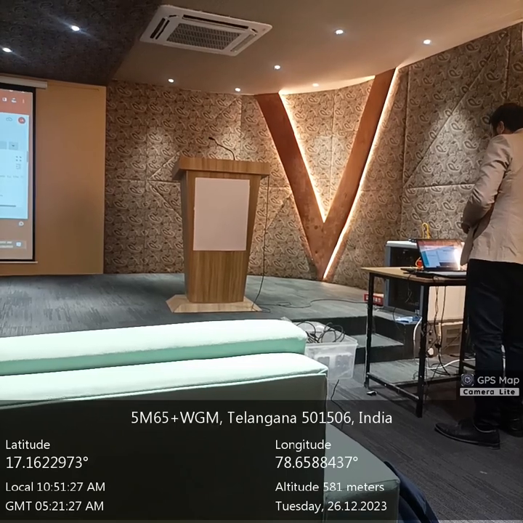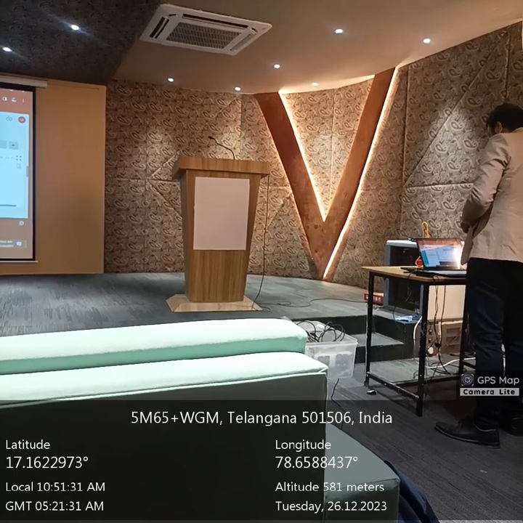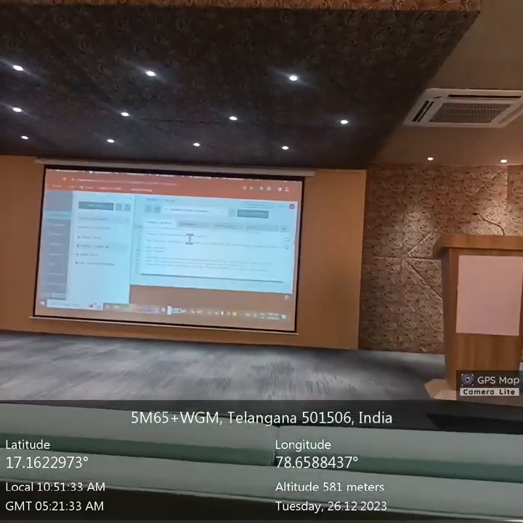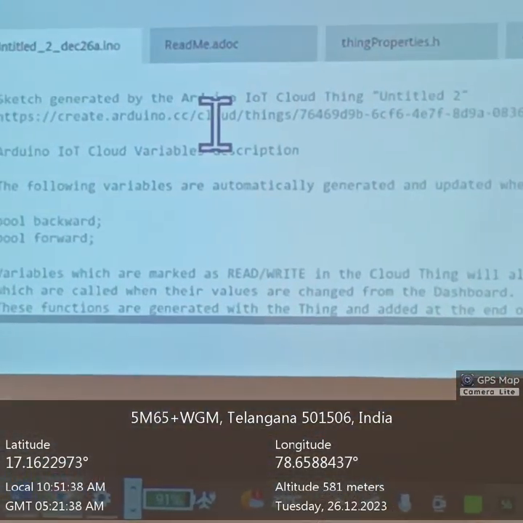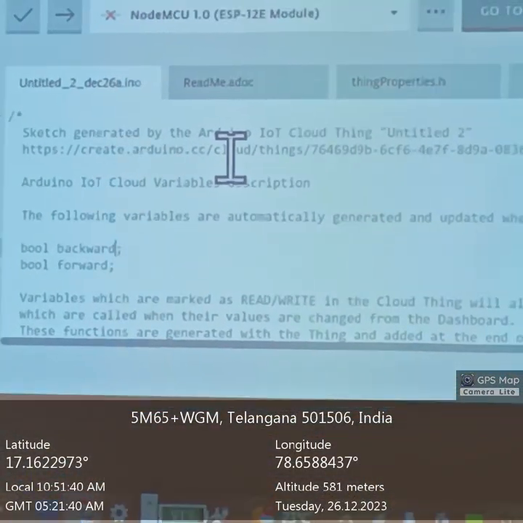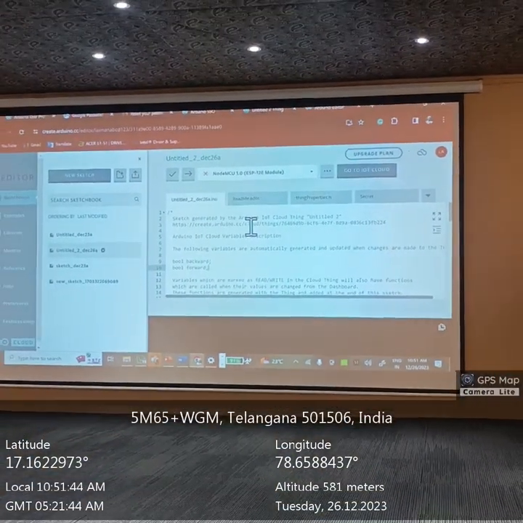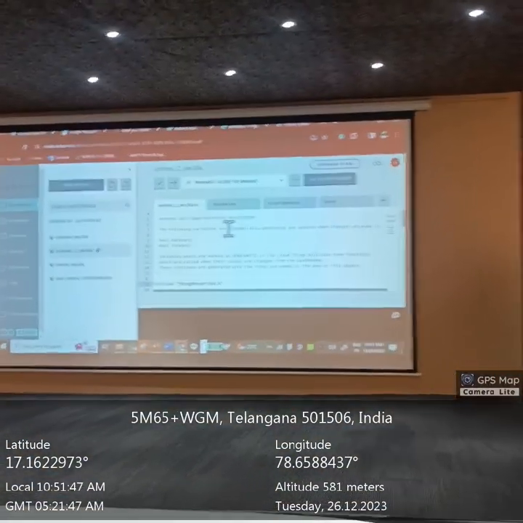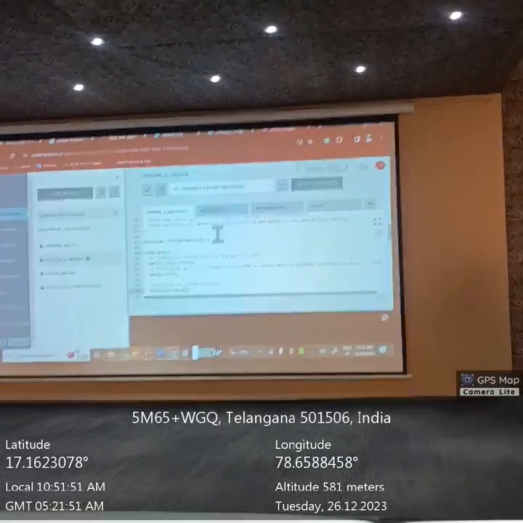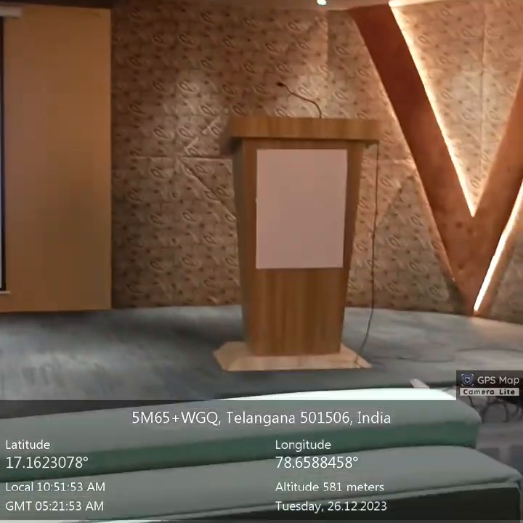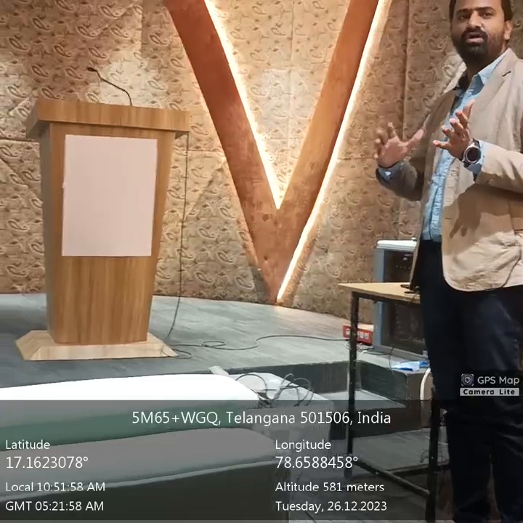Okay guys, now let us make some changes in the code. If you see this code from the beginning, we have created two boolean variables, backward and forward, that you can see here, remaining all the text for you to understand. Then we have something called thingProperties.h. This is the library which will help us to connect your ESP8266 module to the